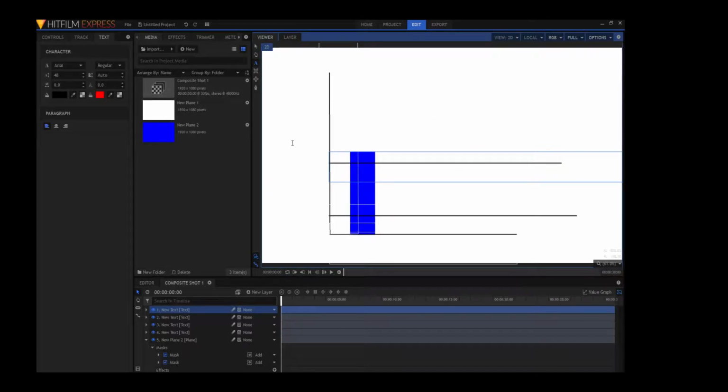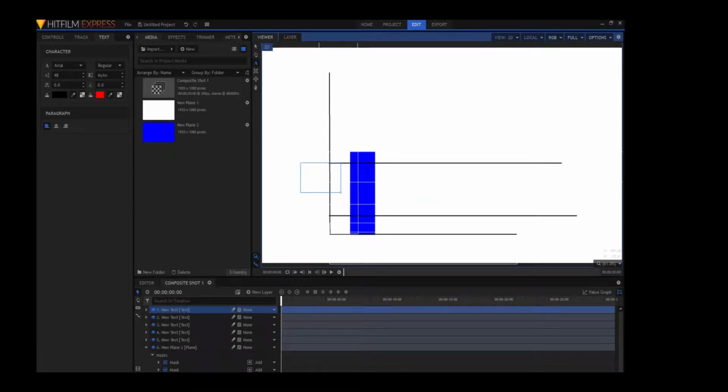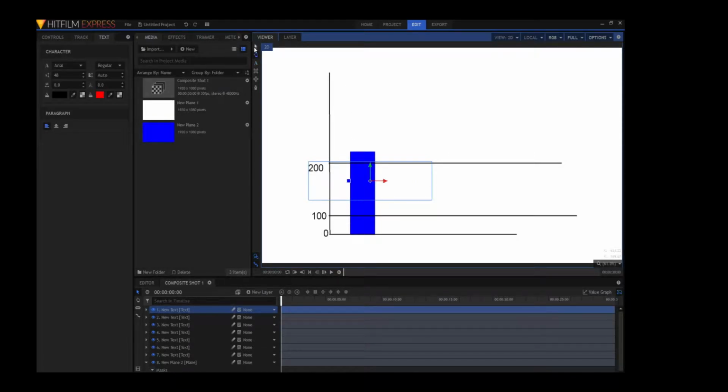So this is what I'm gonna be using for right now, just to make it a little bit easier. This one, it's not gonna be a text wall, it's just gonna be a number. So first I'm gonna put 0, because that's gonna be what the bottom is. And then put it right next to here. Then this one's gonna be a 100 for me. Of course, this might not be in yours. It might not be in your bar graph. This is just what I'm making. This is gonna be a 200.